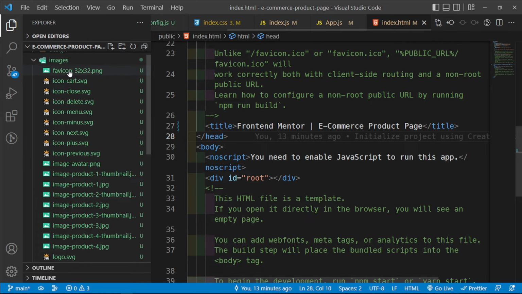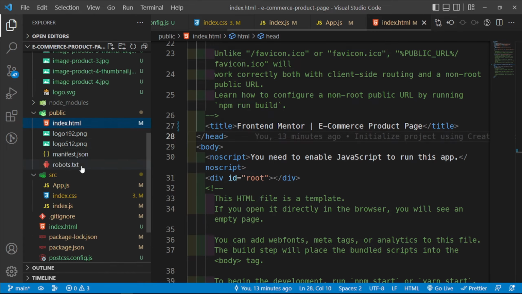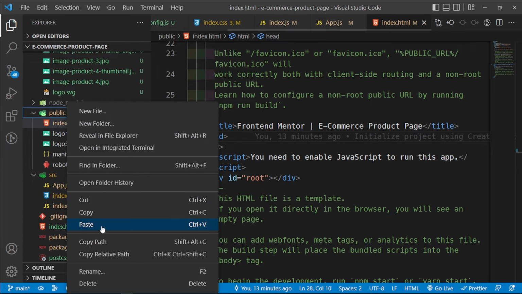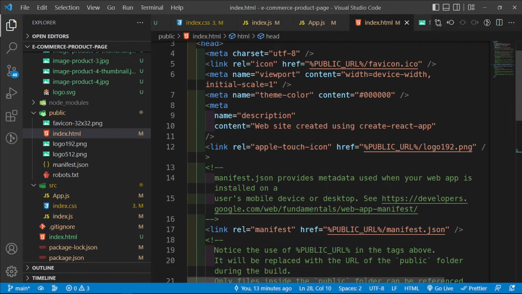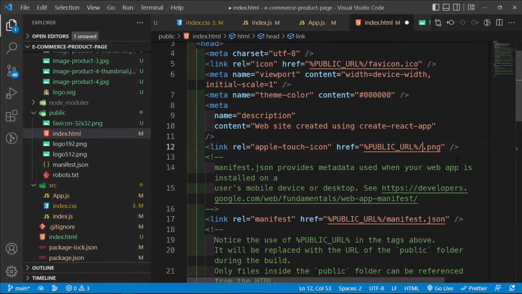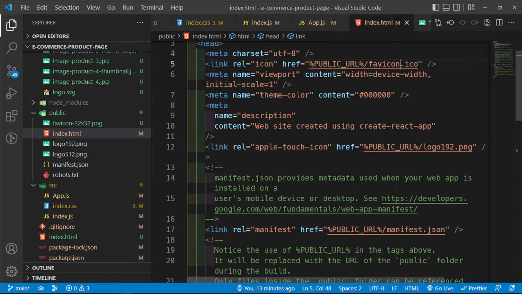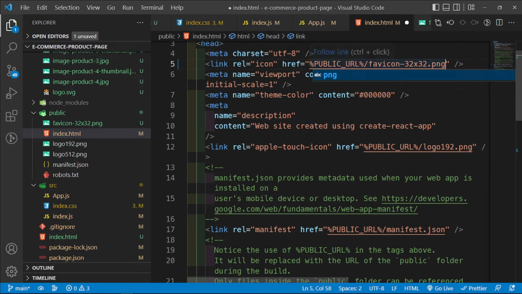from Frontend Mentor. So copy this and paste it inside the public folder, so the favicon, and then now we need to change it here. Where is it? Here. Sorry, that's not the one. This one, favicon-32x32.png, and then let's just copy this, by the way, and let's also just replace this,